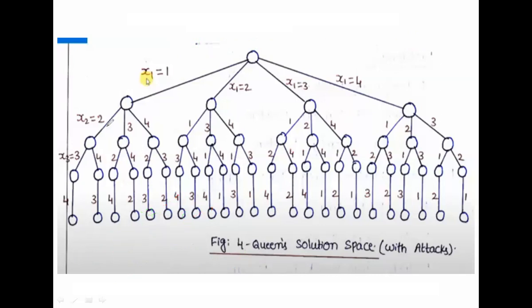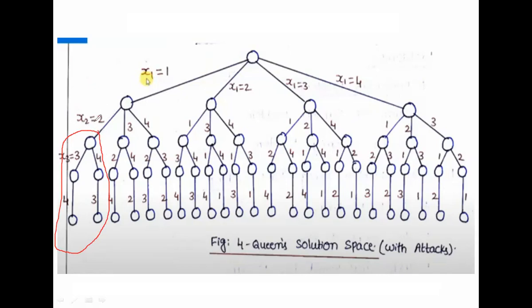Here, what is the constraint? No 2 queens come under the same row, same column or diagonal. Okay, so I am considering 1. Then in the chessboard, first column, I am taking Q1 and I place it there. Then Q2 in second column. This is not possible because it violates the constraint, so we neglect this part.